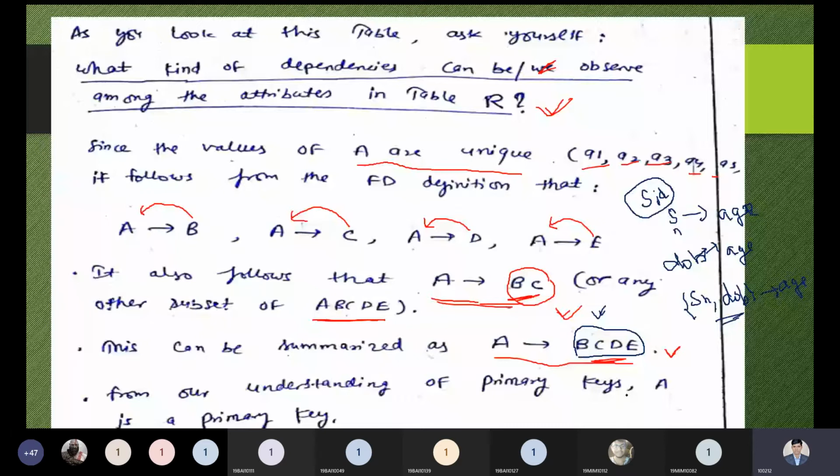After seeing all this, it is found that A is a key attribute, which is the primary key. So A will be the key attribute. Now tell me, in our relation student, can we say student ID is a key attribute? Student name can be matched. Student surname can be matched. Student address can be matched. City can be matched. Even father name can be matched. It is also possible. There is no criterion by which we can differentiate. The father name and student name can be the same. In the whole world, there is also a possibility.